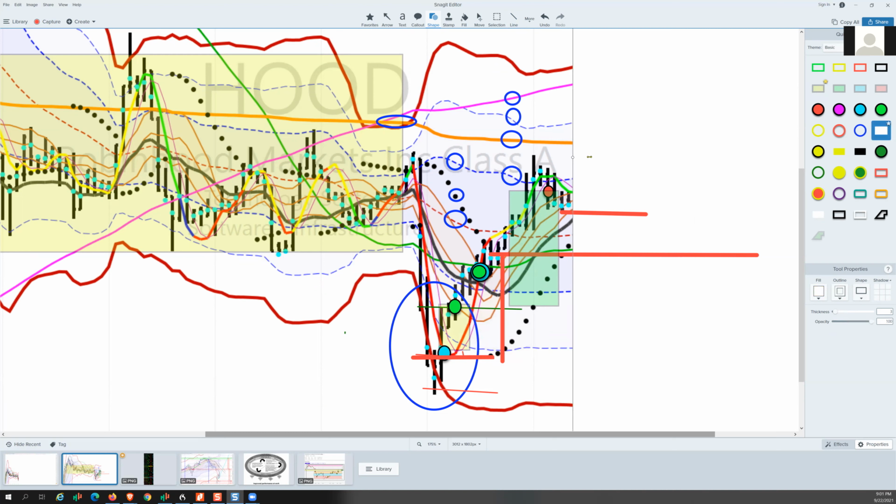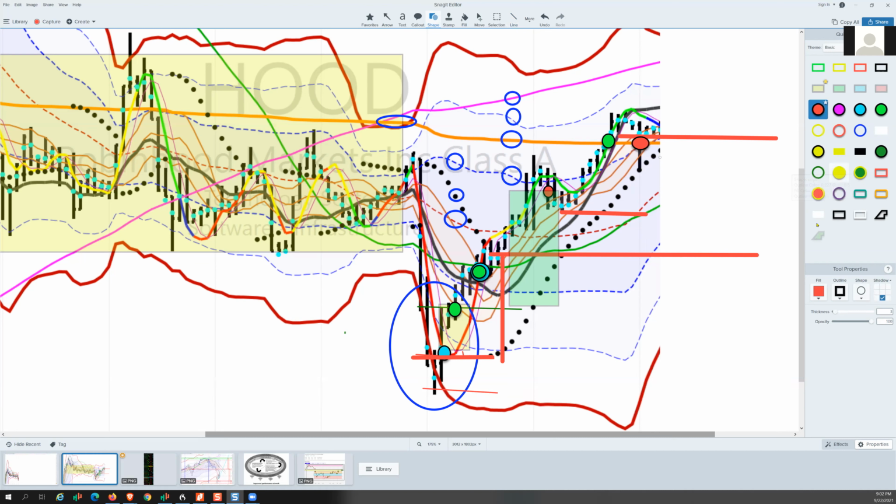Second leg up. Now, this is where you might have thought about an additional entry here as it crosses the VWAP. And if you do that, and then you get like those three little bars, I wouldn't be offended if you then incremented your stop up to there. And now you've got your second position locked in the money. And off you go. Nothing wrong with that. And then that's where I would be getting out when it crosses back underneath the VWAP. So that's how you trade the extreme case.